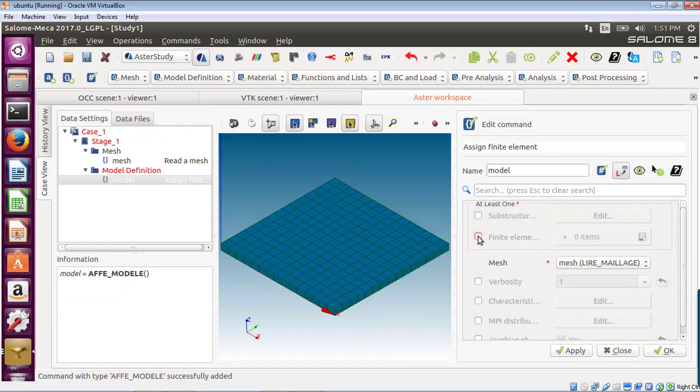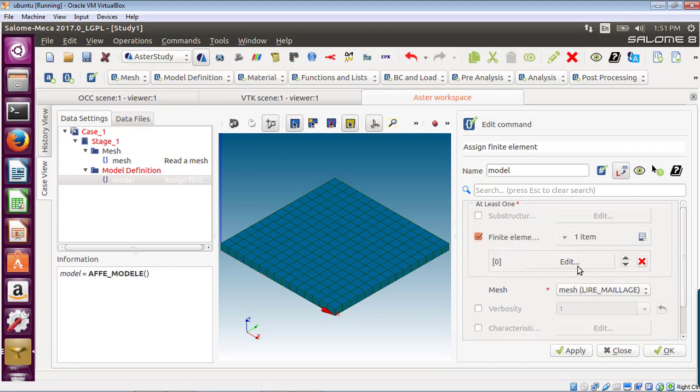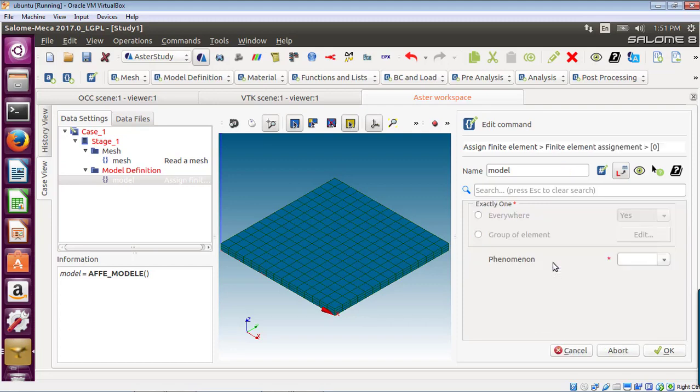So let's go here, and here click here only one time, and let's select all the elements. Here I have to choose what kind of analysis I want to do. Do I want to do mechanic, thermic, or acoustic? So I'll do mechanic,